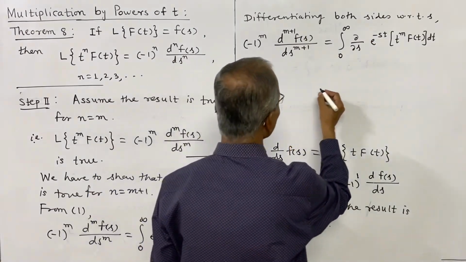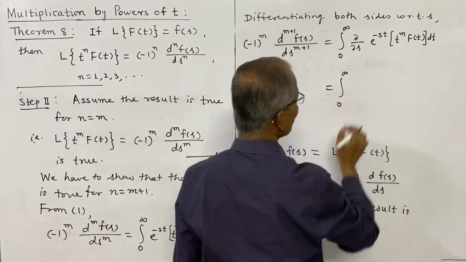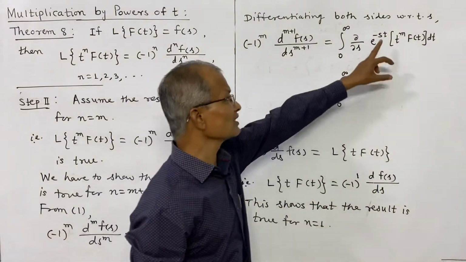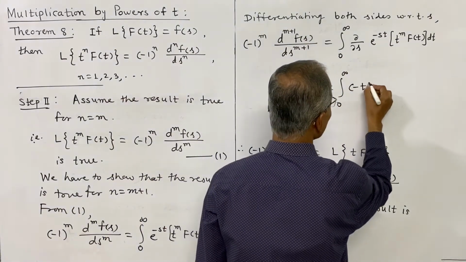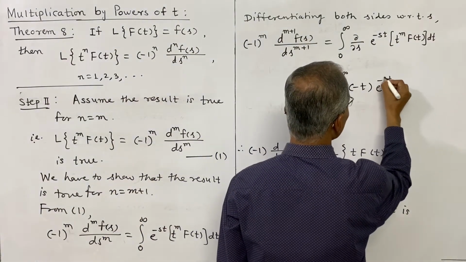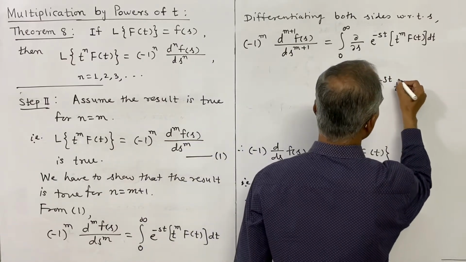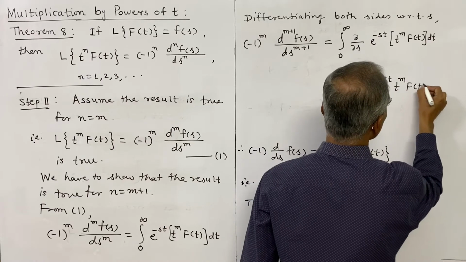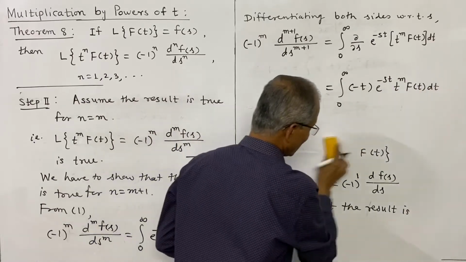And as earlier, this derivative is integral 0 to infinity e power minus st into the derivative of minus st with respect to s, that is minus t. So that is minus t e power minus st. We have differentiated in the earlier step the same, and t power m into f of t dt remains constant, or further that becomes,